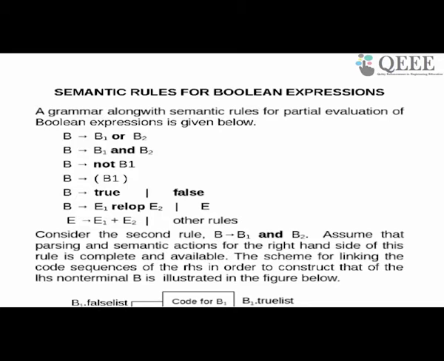You look at it most, and towards the end I've got a capital E, which is for arithmetic. So for B there are only two attributes, which are b.trueList and b.falseList, which I've already told you. If you are generating code for a Boolean expression, at some places the expression evaluates to true. I want to note them because I don't know where to go. The points in the code where the Boolean expression evaluates to false also we do not know, so I want